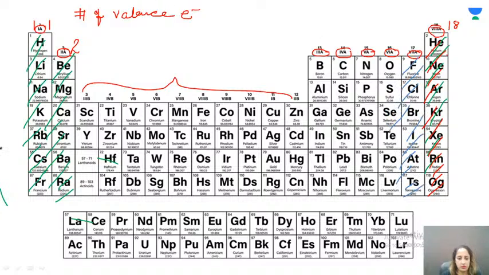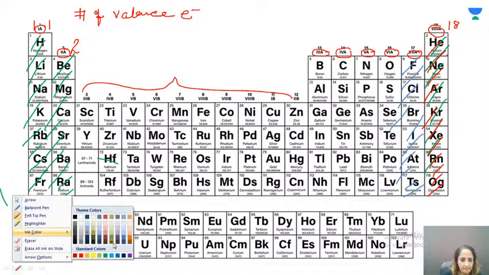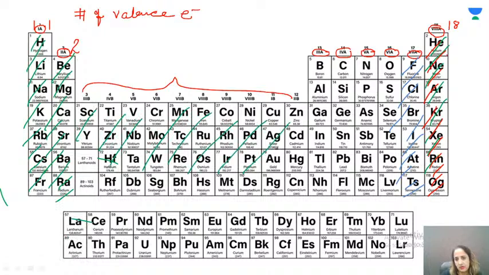This is very important to understand actually. And then in the middle, these are also all our metals. Okay, guys, this grouping of elements is super important that you understand. So these are all metals, and then here we drew